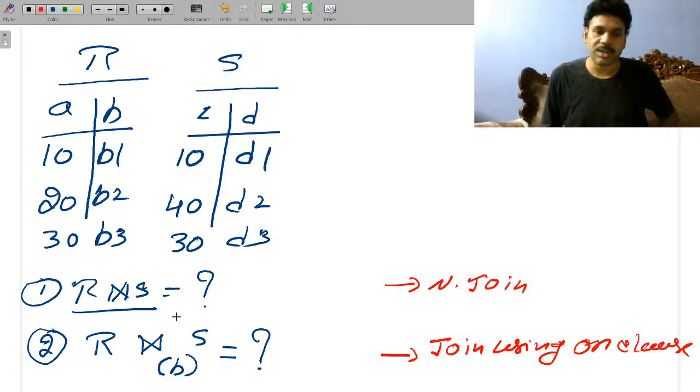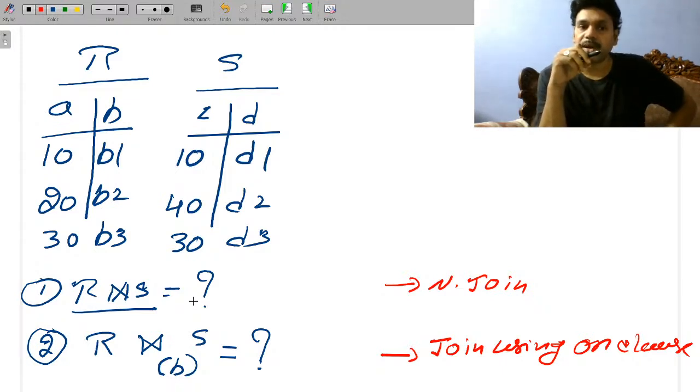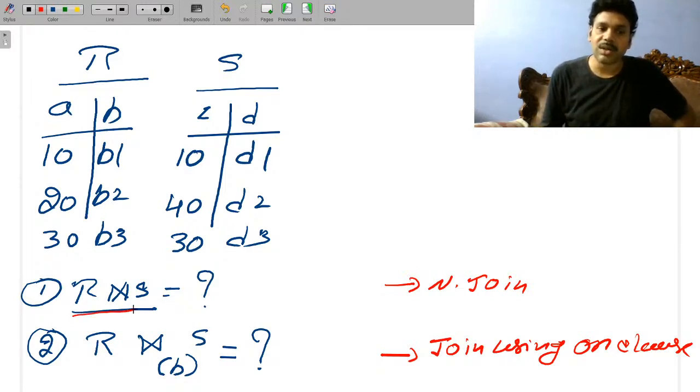So how many rows in this? How many rows in R natural join S? All of you, please respond. How many rows in R natural join S? And how many rows in R natural join with mapping B? Our answer is